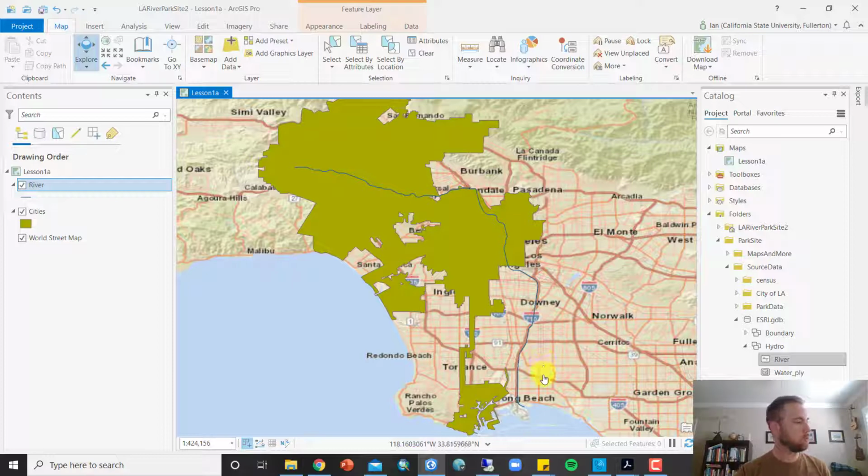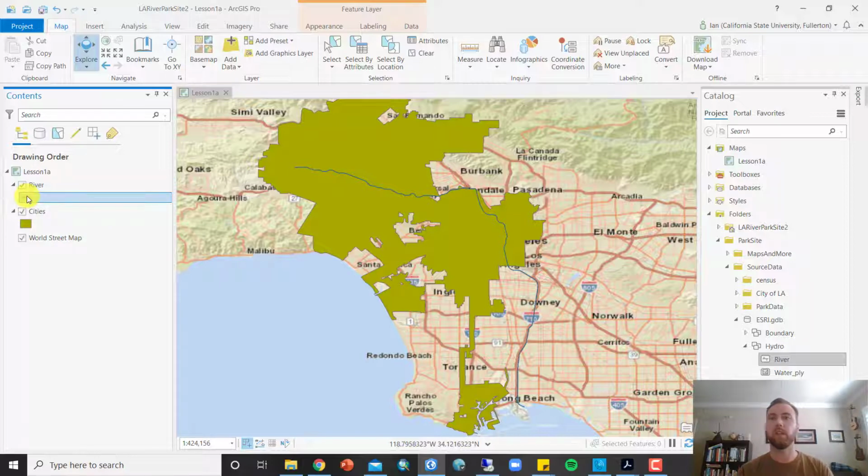Next thing we're going to do is symbolize it, because I actually got lucky and my river is blue, but as you may or may not know, symbology on a new layer is randomly generated. So you might have a purple river or a pink river or a black river. Okay, so we're going to color it so it looks more like what we would expect to see of hydrology on a map. So we're going to click it. In this case here, don't right click. You're going to left click like a typical normal click here on the river,